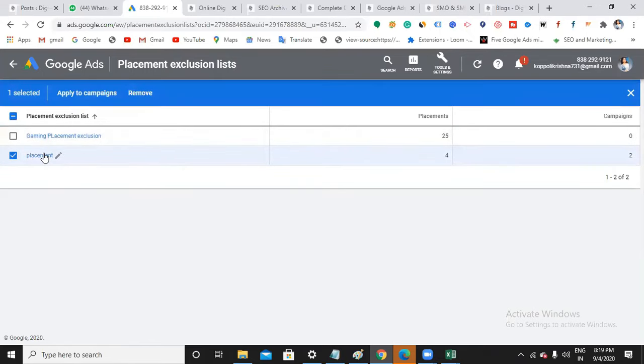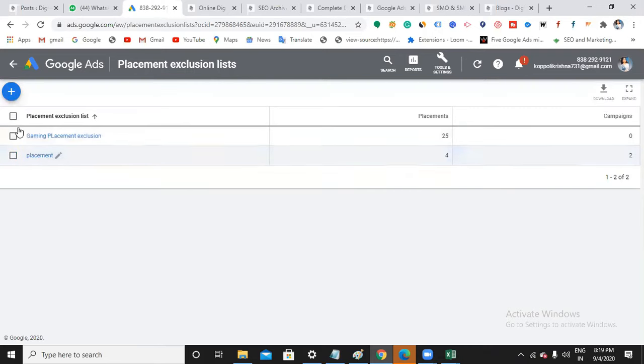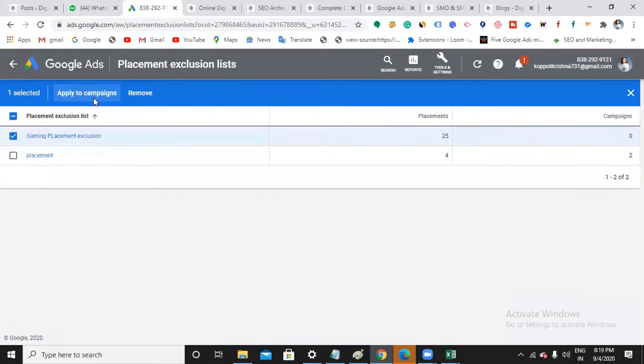Now what happens? You created the placement exclusion, but for which campaign will it be applicable? So again, you need to apply, right? Once you're done with the placement exclusion, it won't directly add to the campaigns. You just need to define for which campaign you want to apply this list. So let me choose this apply to campaign.